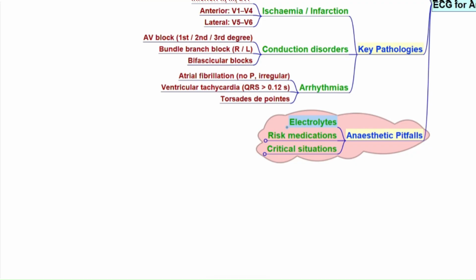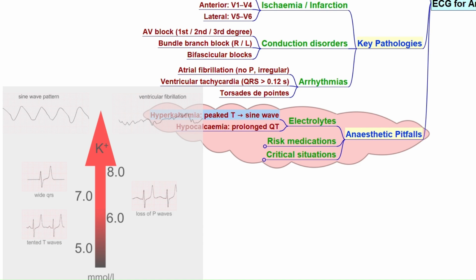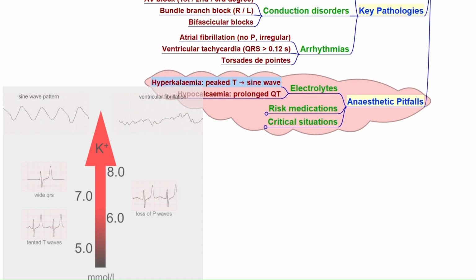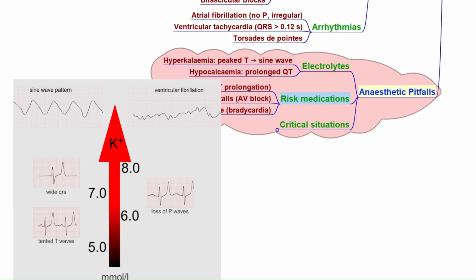sine wave pattern in severe cases. Hypocalcemia also can prolong the QT interval. Antiarrhythmic drugs can prolong the QT interval. These include class 1A agents like quinidine and procainamide, and class 3 such as amiodarone and sotalol, and they increase the risk of